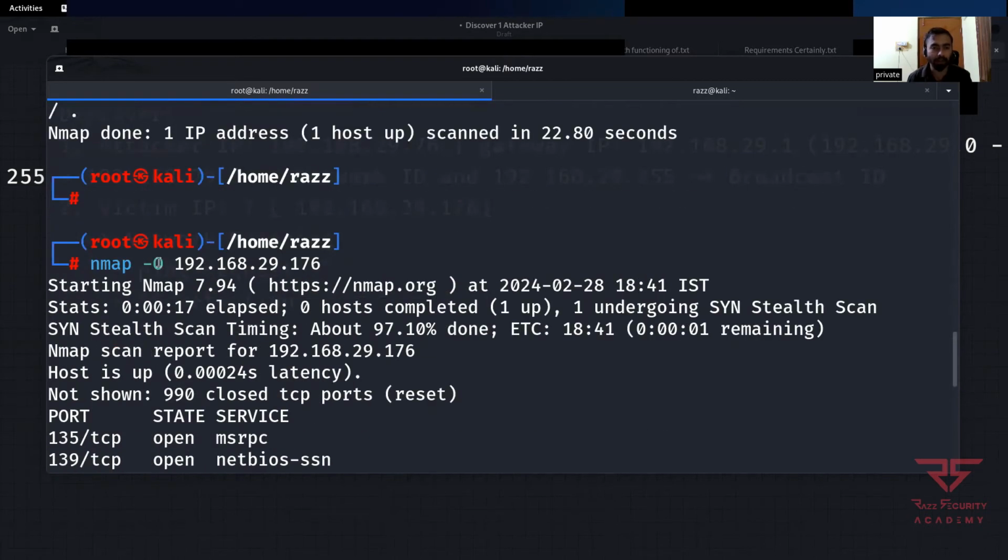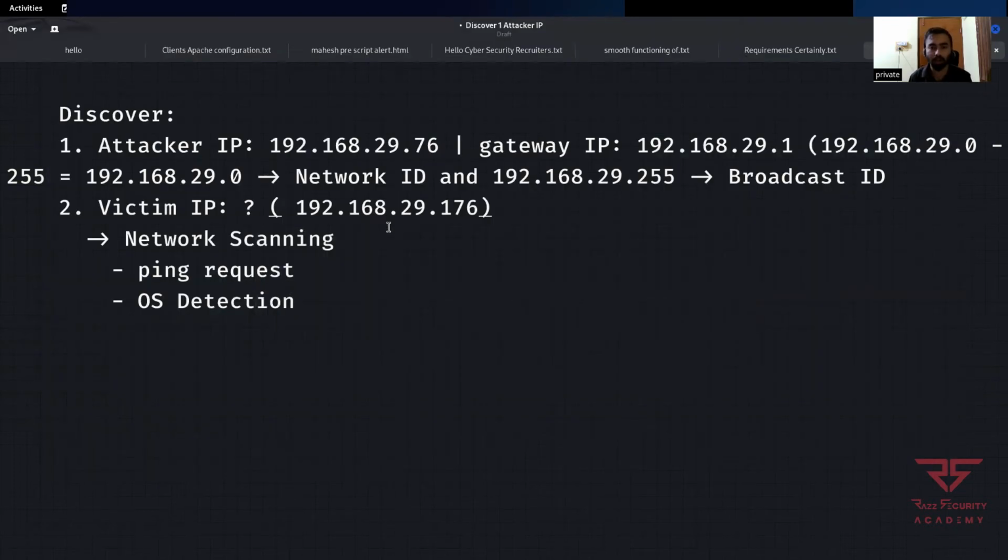So what was the IP address of the victim? This one. Just copy this. And I'll just open here. I got my victim now. This is how I got to know about my victim. So once we got the victim, now